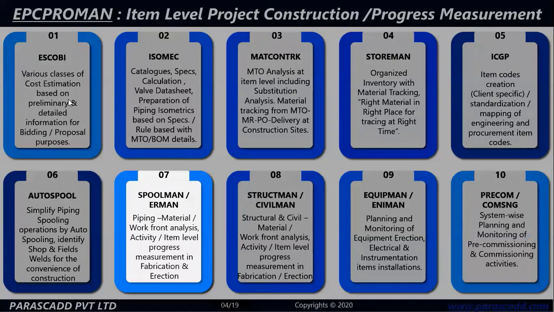EPC Proman has 10 modules. You can see items number 1 to 10, right from estimation, isometric generation, material control and tracking, storeman, item codification, item code generation and item code mapping, spooling, piping spooling using Auto Spool. Then the seventh item is our area of focus today, Spoolman Erman, for fabrication and erection management of piping in